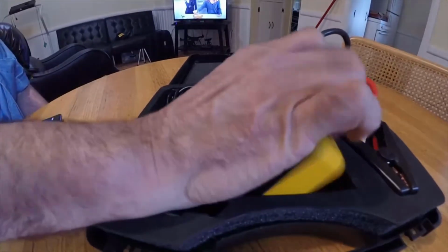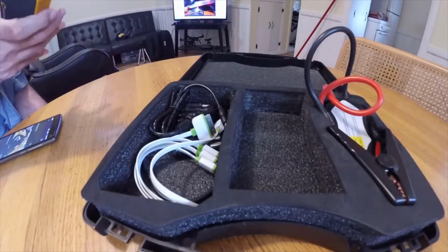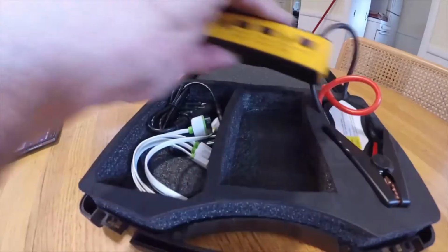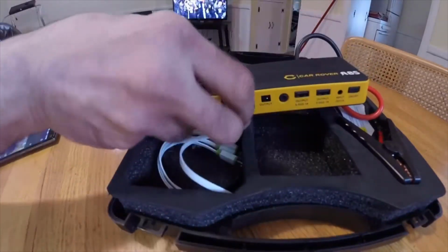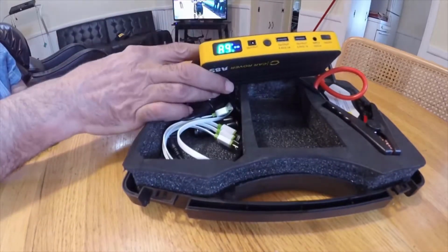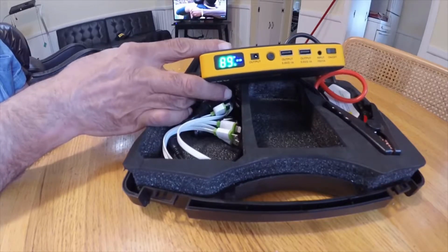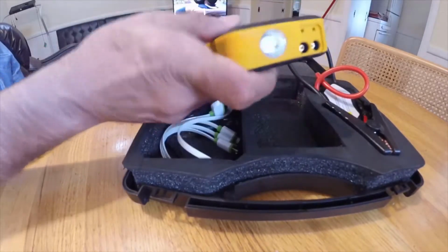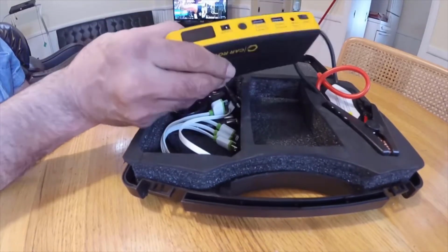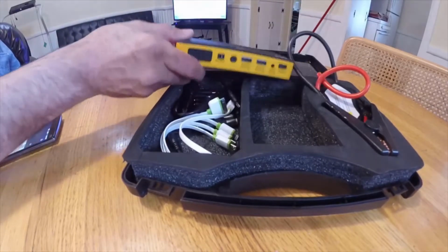It has the jumper pack itself, which is, look at the size of my hand, and it has 12 volt, 5 volt, 15 volts, and 19 volts. It was only about 80% charged when I jumped these cars yesterday. Two cars in a row, no stress, no strain on this thing whatsoever. Emergency flashlight, does a flash, strobe effect, and regular flash. Two USB charging ports, and it comes with